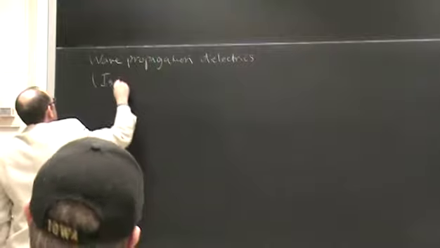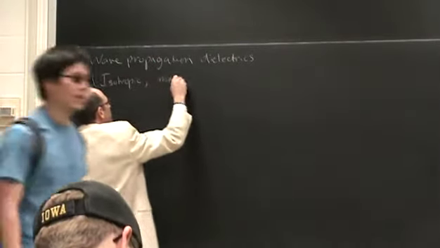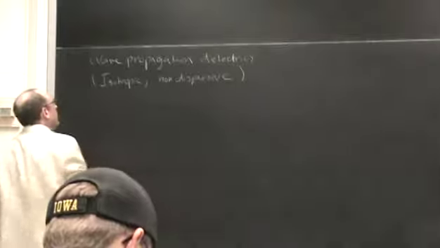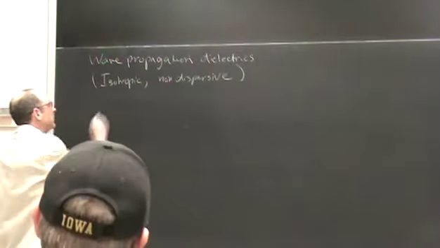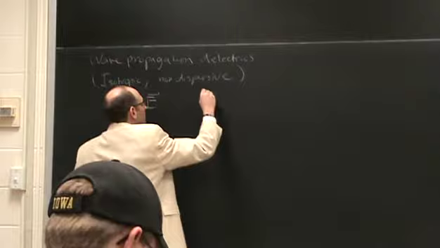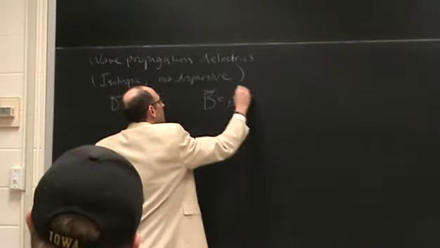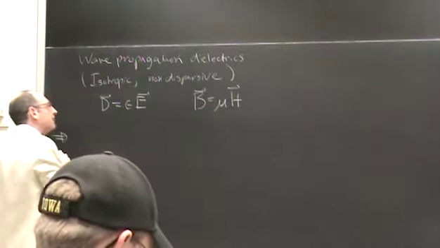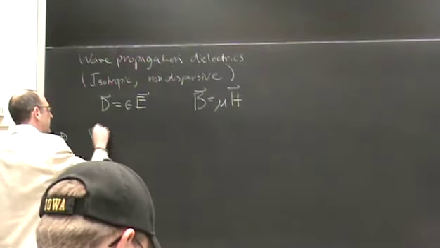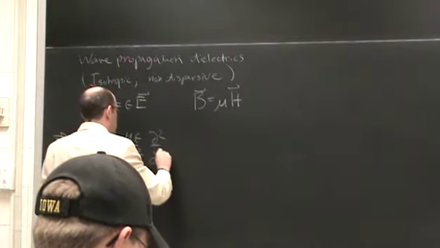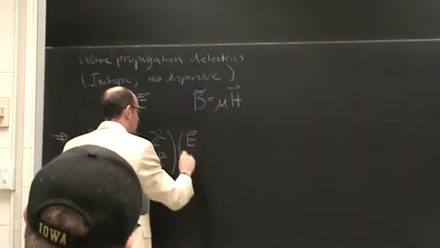Our attention to the case where we had isotropic, non-dispersive media described by dielectric constants and permeability constants, so that we wrote D as epsilon E and B as mu H, and we found that with this description of the medium we ended up with wave equations for E and H, or equivalently B and D,